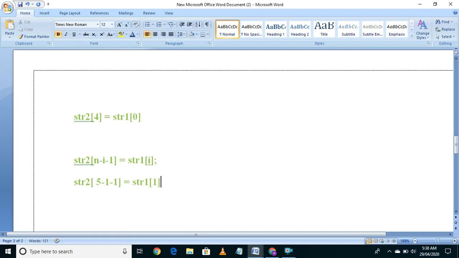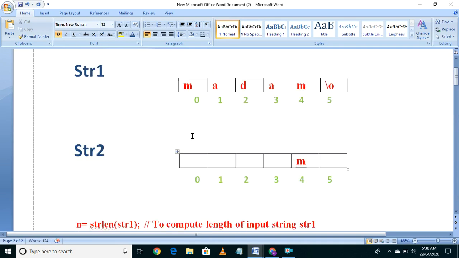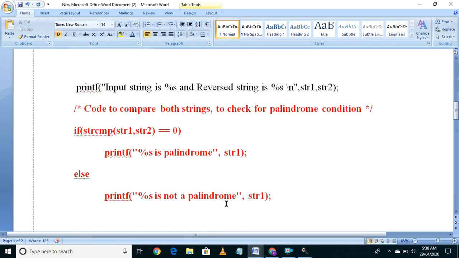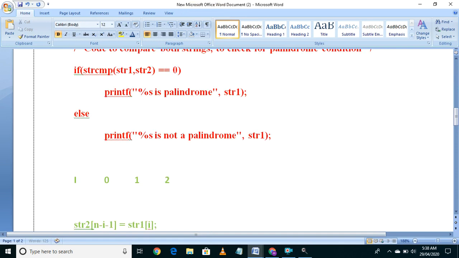So now str2 of 5 minus 1 is 4, 4 minus 1 is 3. str2 of 3 equals to str1 of 1. What is there in str1 of 1? A should be copied into str2 of 3. Then again I should update. At this time I value will change to 2.